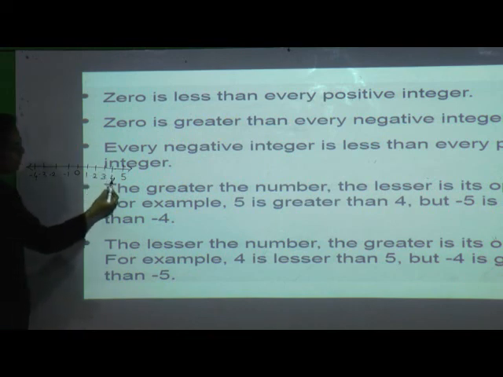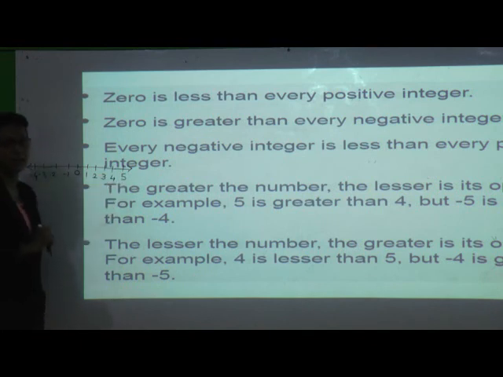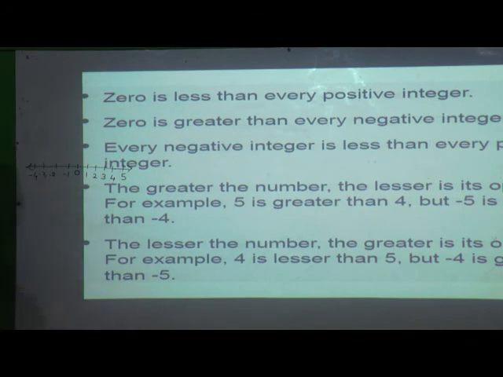We know if you want to compare these 5 and 4, tell me which one will be the greater, 5 or 4? Both are positive numbers. 5 will be the greater number. And in the same way, if we want to compare minus 4 and minus 3, tell me which one will be the greater? Yes, minus 3 will be the greater number, because if we move towards this side, the numbers are getting smaller. So, minus 4 is smaller than minus 3. Okay? Let us see the next point.